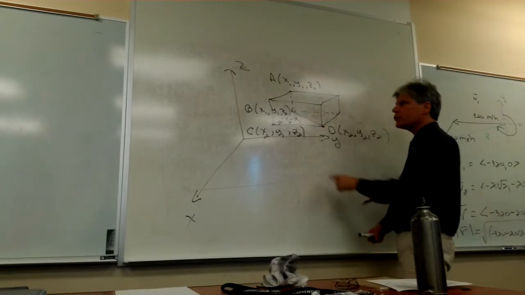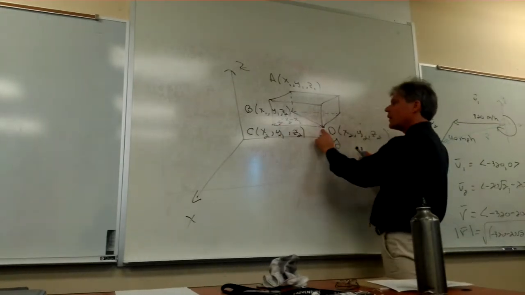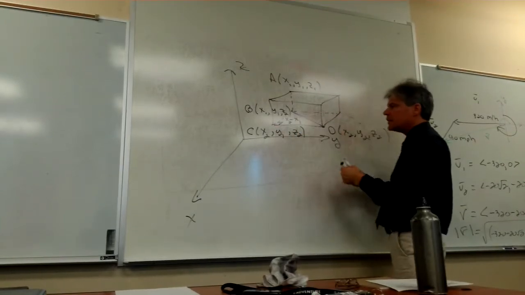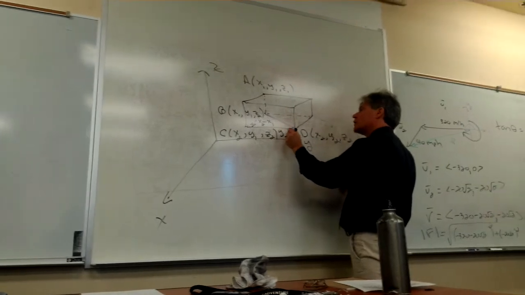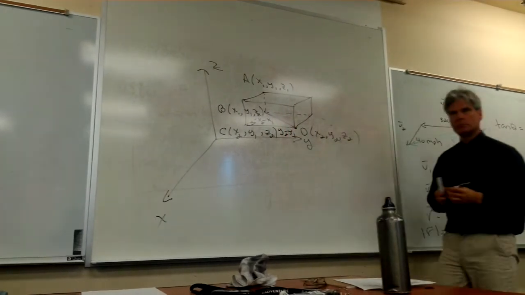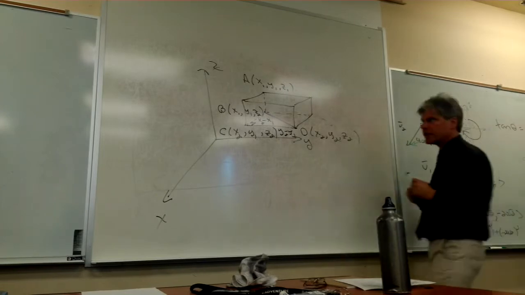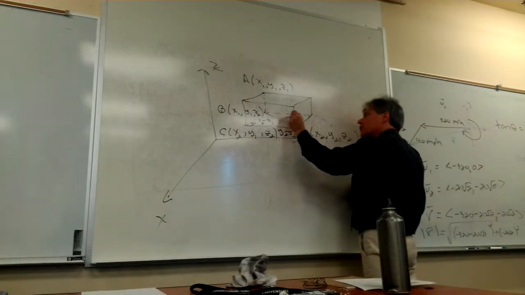Now look at the distance between C and D. X coordinates the same, Z coordinates the same. Oh no, the Y coordinates are not the same. So I think the distance between C and D is nothing more than the difference between Y2 and Y1. So that in purple, relative to everything I discussed last time, I think that purple length is the